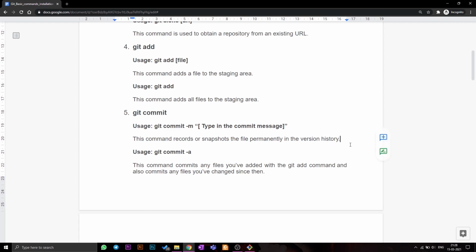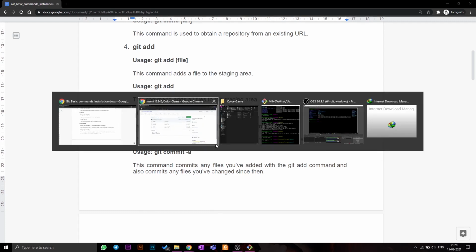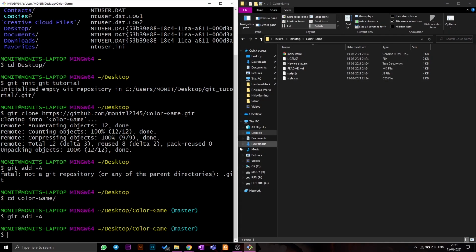So it's pretty simple. I've added all these files, and I just wanna mark in the version history that this file was added. So git commit dash m and a message: I added how to play instructions.